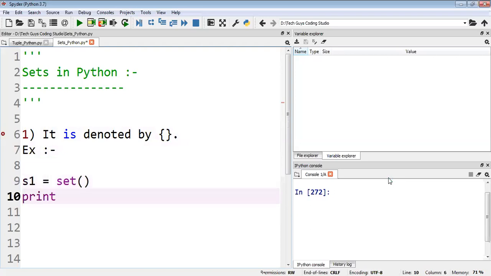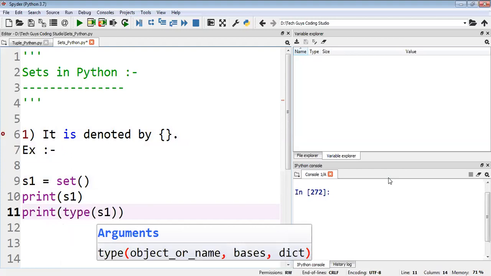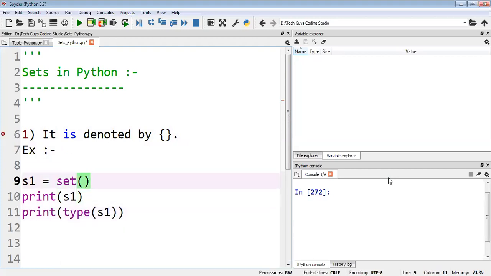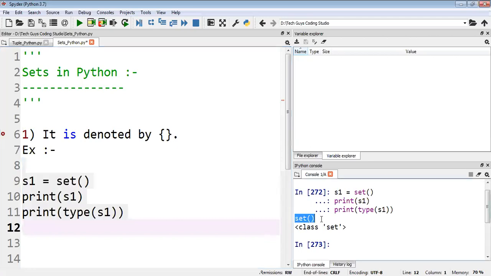Now I will display this set value, then check the type also with the help of the type function. I will execute these three. See here, this is an empty set and this is of set type.